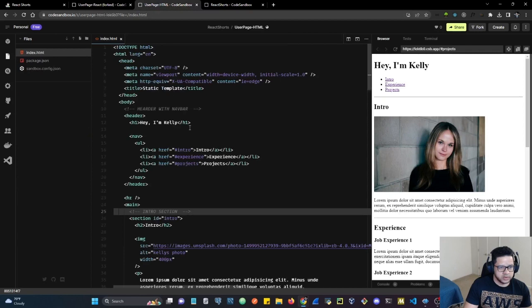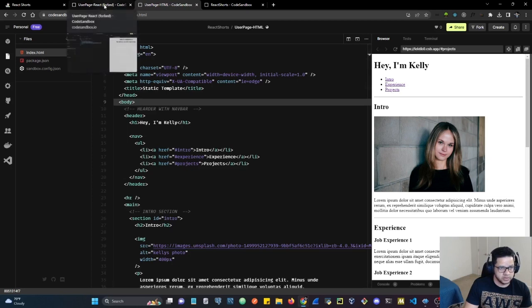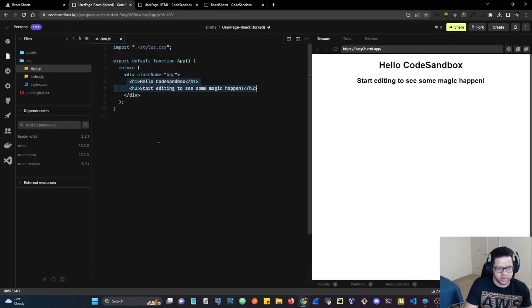So let's take a look at what we have here at the top. The first thing we see inside the body is a header. The header is displaying an H1 and a navbar with some ULs, LIs, and anchor tags that are going to take you to the different sections of the page. If we want to transfer this here, we can create what we call in React a component. A component is a piece of UI that we can reuse throughout different pages or different sections in our